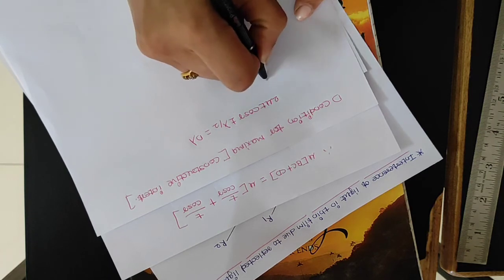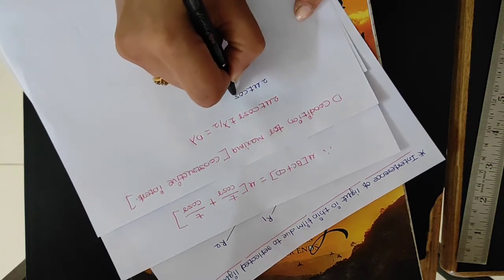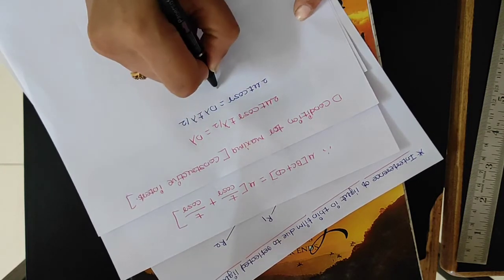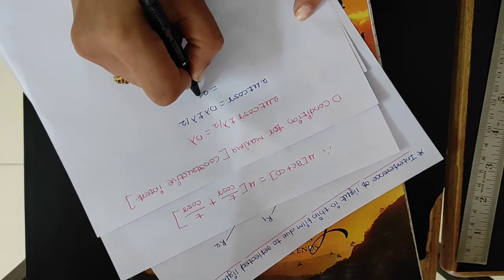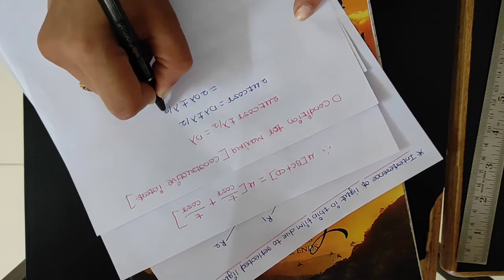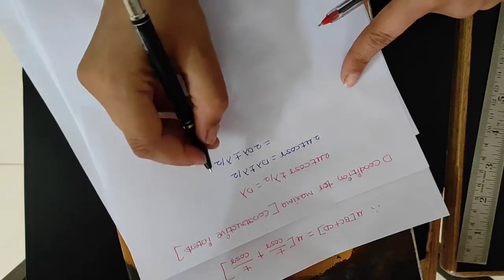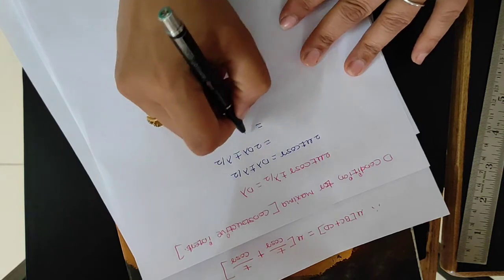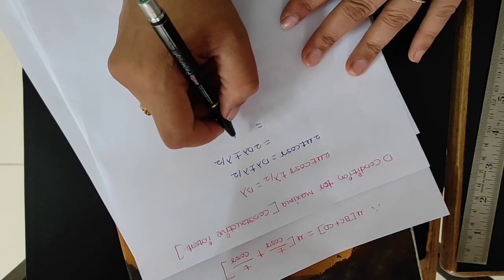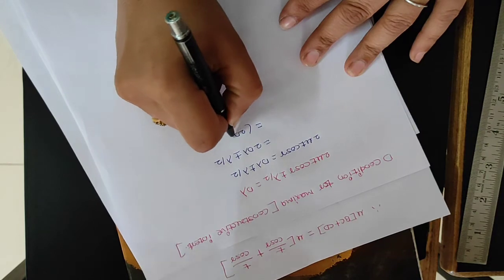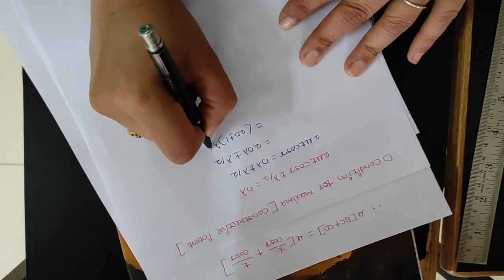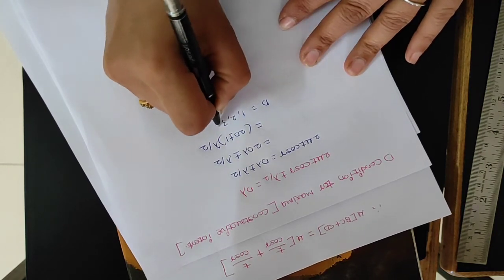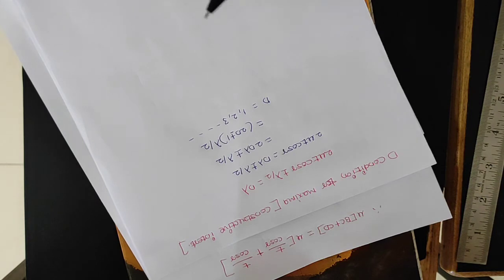Now the term lambda by 2 on the left side we will take to the right side. So we can write this equation like this: 2 mu t cos r is equal to n lambda plus minus lambda by 2. So here we can write 2n lambda plus minus lambda by 2, which is equal to, here lambda by 2 we will take common. So what we get? 2n plus 1 plus minus 1 into lambda by 2. So here we can put n is equal to 1, 2, 3 and so on. Understood?